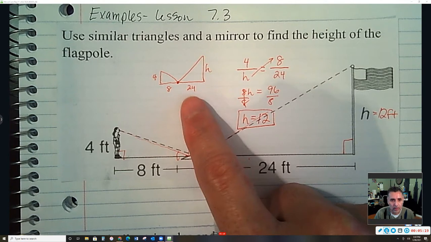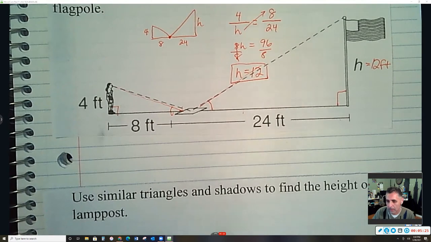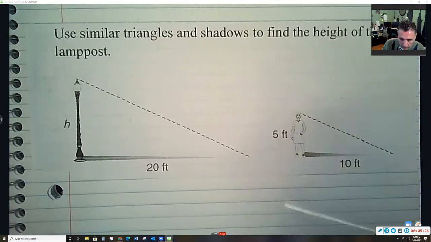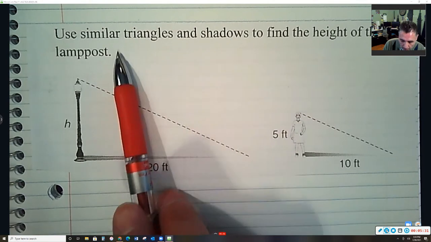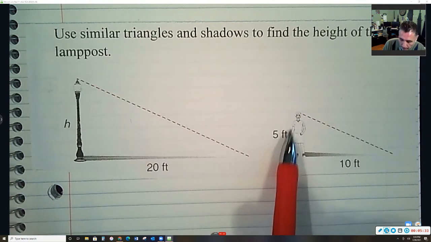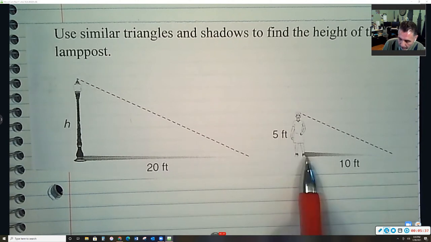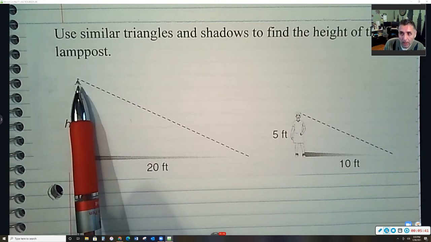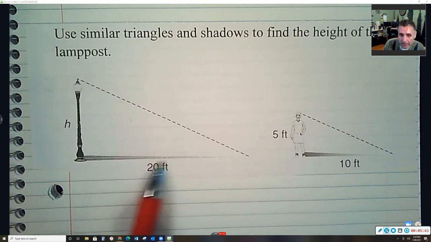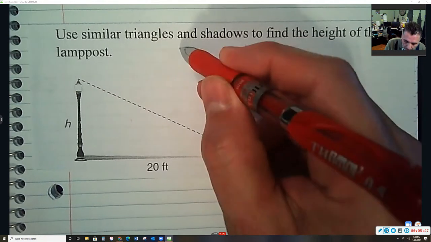So this one is for the mirror. On the bottom, I have an example of shadows. This one just says use similar triangles and shadows to find the height of the lamppost. So again, this person standing here is 5 foot tall, and they cast a shadow that's 10 feet long. The lamppost, we can't measure it because it's too tall, but I know it casts a shadow of 20 feet long. So what you have